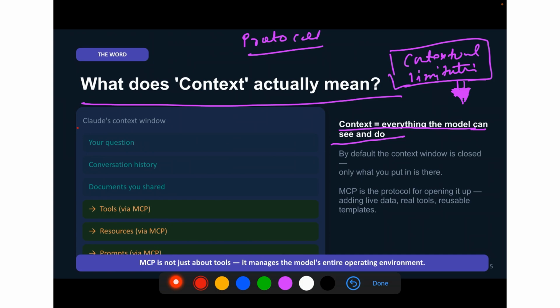So here we are. Whenever you give some prompt, what counts as context for the model is your questions, your conversation history in that session. Let me write that very clearly. And the documents you shared, obviously. And then we have